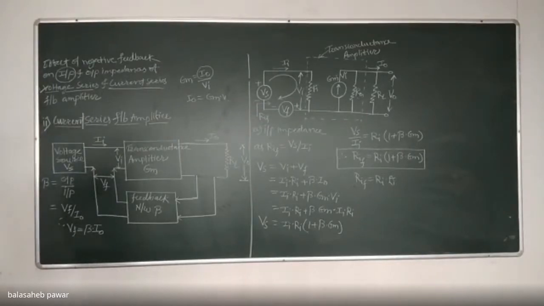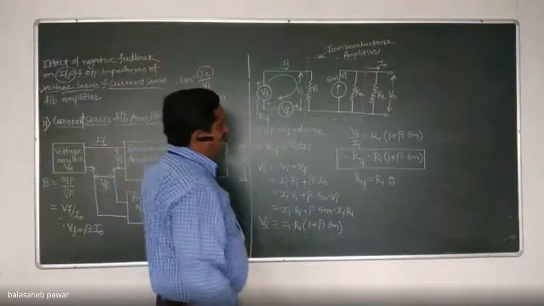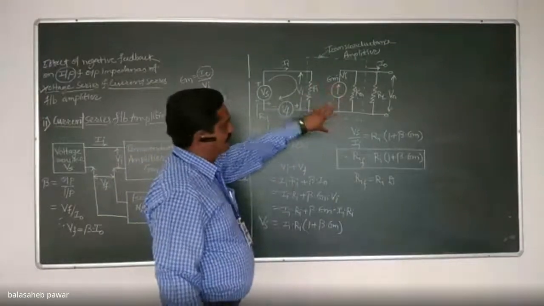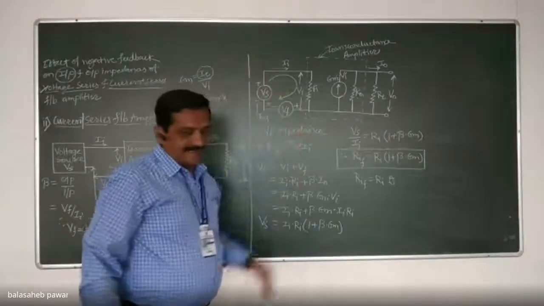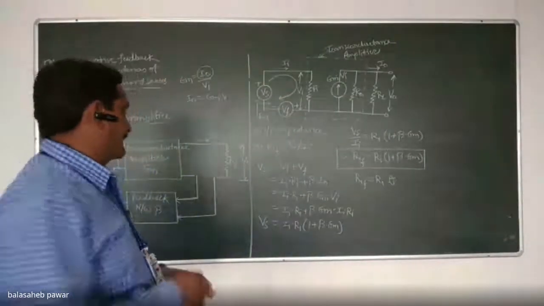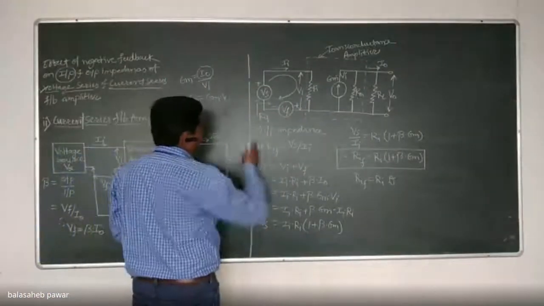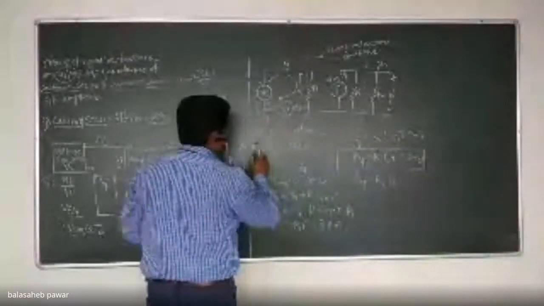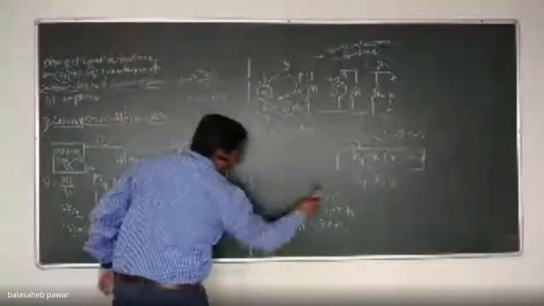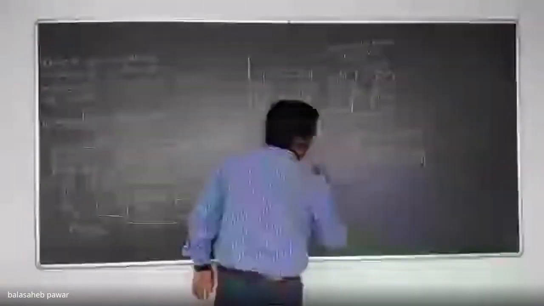Now switch to the output impedance. Now it will differ. See, in the previous case, that is for voltage series feedback amplifier, the output was in terms of voltage, because the basic amplifier was a voltage amplifier, correct? Now, in today's analysis, you will observe a small change. That is the second part, and that is nothing but output impedance. What is the effect on output impedance by negative feedback? That we will derive.